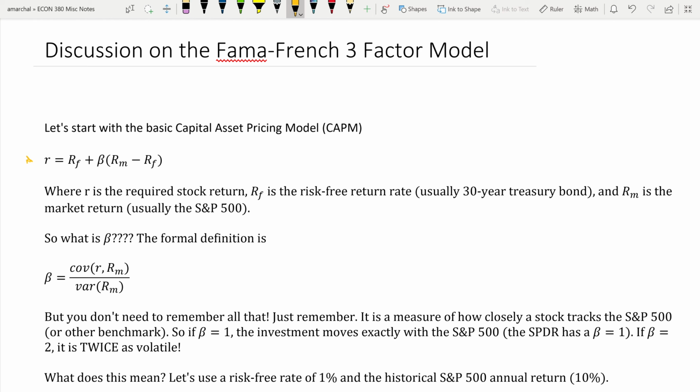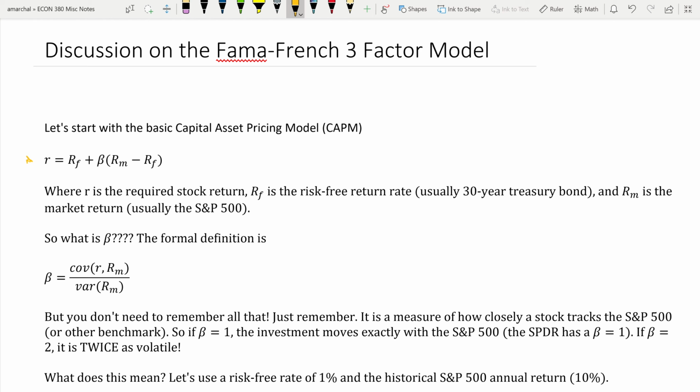So you can really just deduce this down to saying that it's a measure of how closely a stock or investment tracks the S&P 500 or any other benchmark that you're trying to compare it to. So a beta equal to 1 moves exactly with the S&P 500. If you were to invest in an S&P 500 ETF, that would have a beta of 1. However, if we have an investment with a beta of 2, for example, that means it is twice as